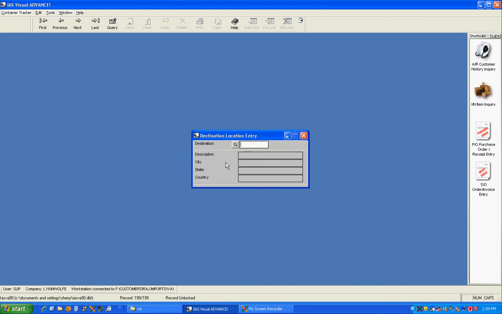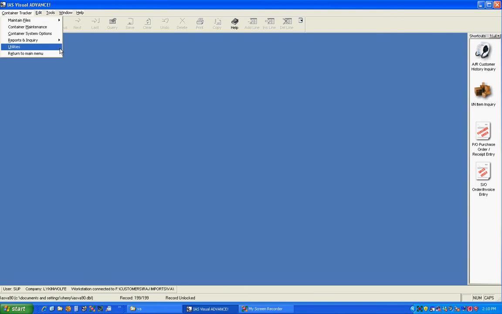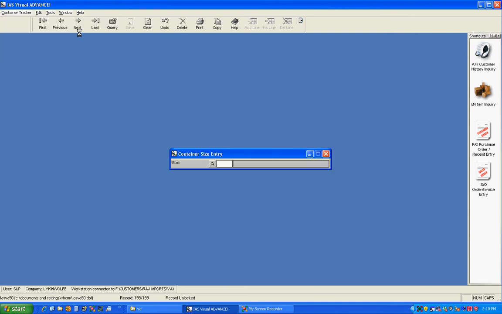Destination entry, where do you get your merchandise into? Port of Seattle. SEA. That's in Seattle, Washington, USA. You can also create all of your container sizes. So if you have a 40, which is a 40 foot,